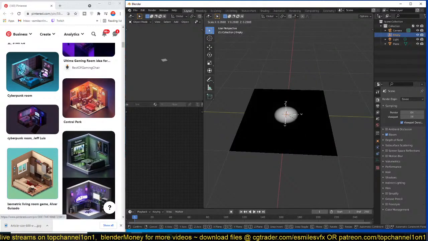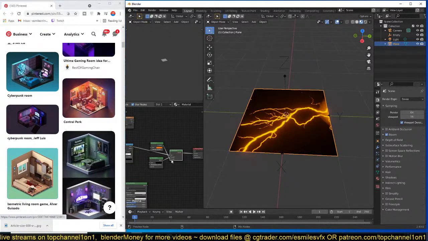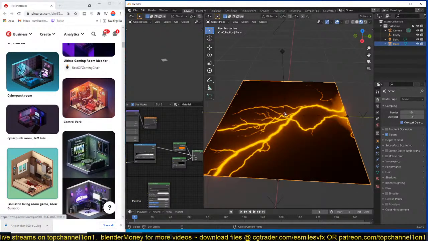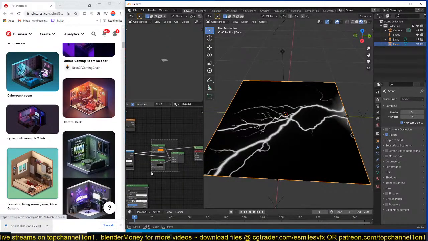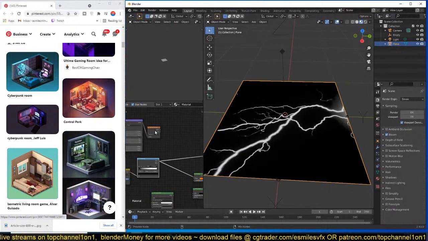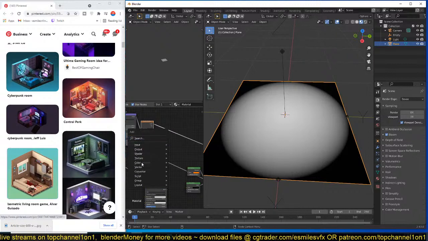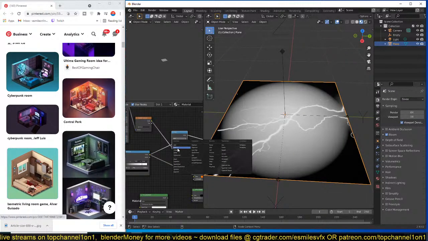You can also use it to scale up or scale down that. And then, since we have this, all we need to do is mask this here. Let me show you. So we have this here, and we have this. So what if we get a convert math node, use one as value 1 and the other one as value 2, we can subtract one mask from the other using the subtract